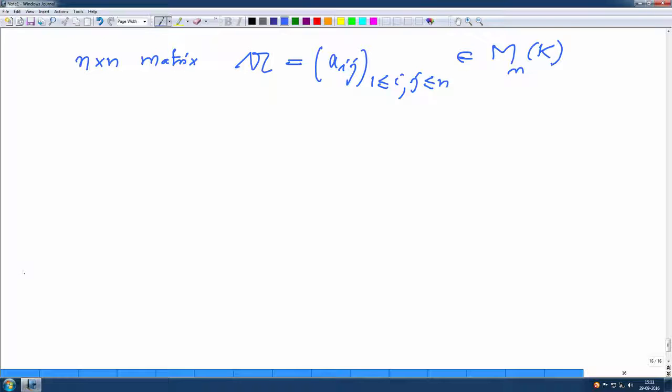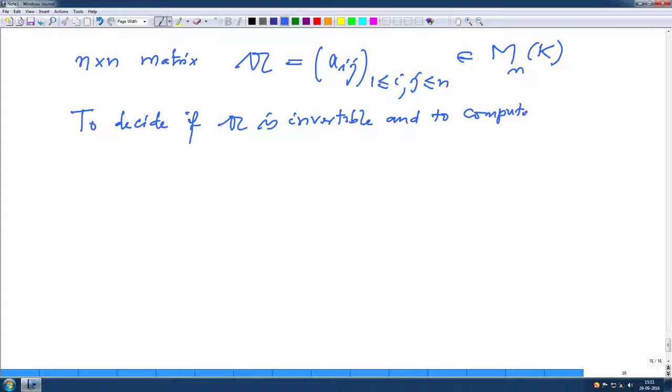And we are looking for the inverse. We want to decide if A is invertible and to compute A inverse if it exists. We consider